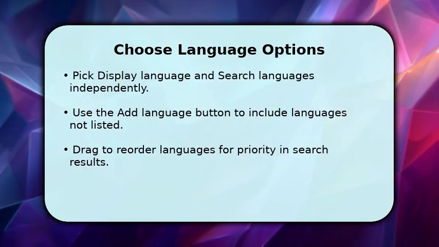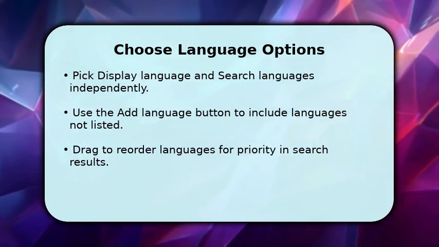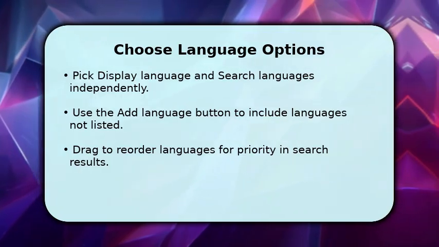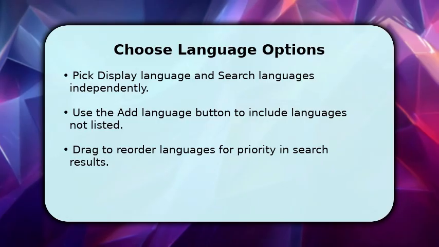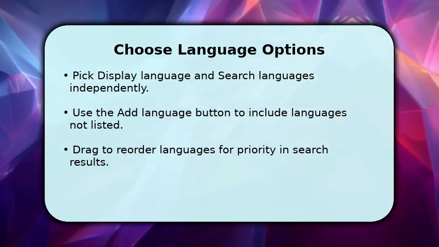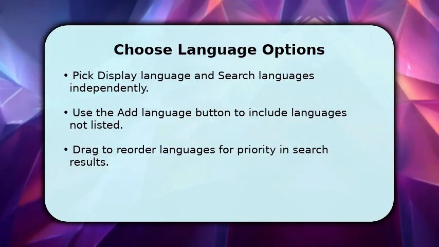Now that you're in Language Preferences, choose your display language to change interface labels and menus. Select Search Languages to influence result localization. If your desired language isn't listed, click Add Language, search the name, then add it. Make sure to drag languages into the order you prefer because Bing uses the top entries as priority for search